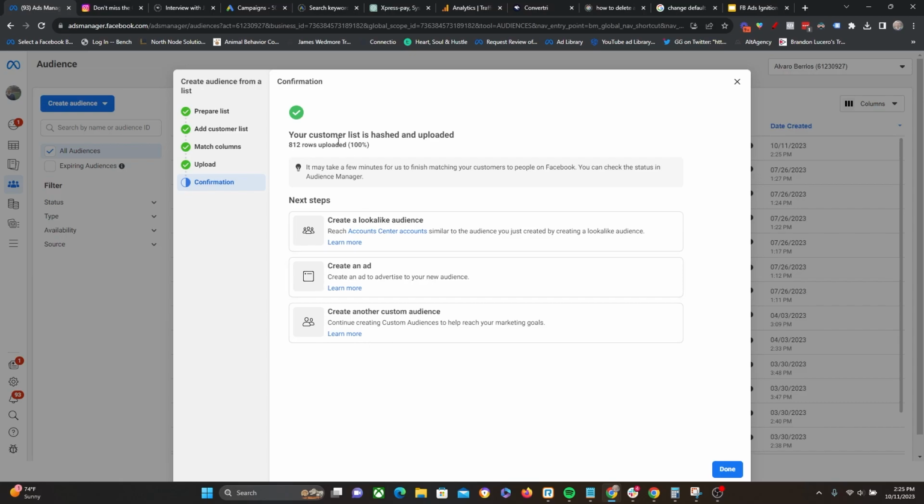Now, directly from here, it's telling me 812 rows were uploaded. That doesn't mean that all 812 will actually be matched up. Whenever you are uploading an email list, the match rates are about between 50 to 75%. So this is one of the reasons why I said, if you can ever get to that 1,000 value, that actually is best, because you're never going to match up 100% of all people. With match rates being between 50 and 75%,